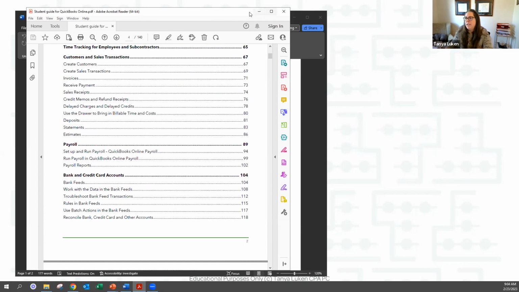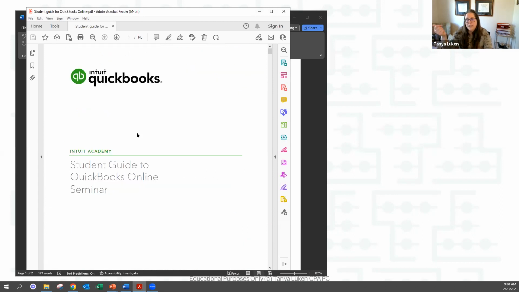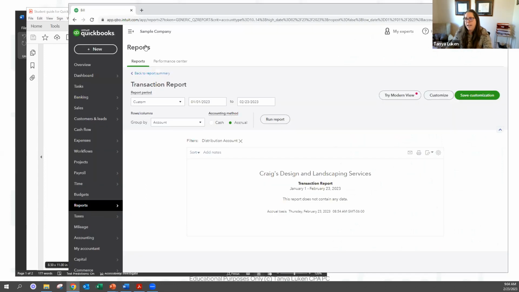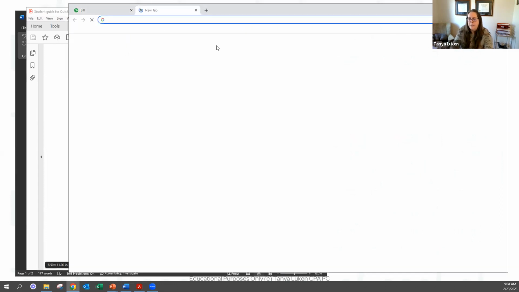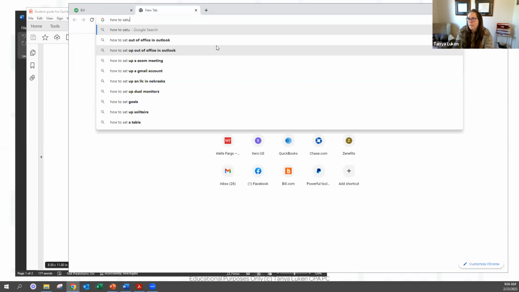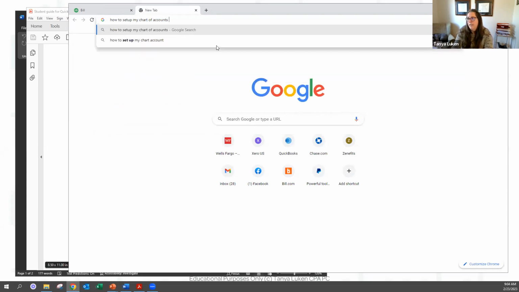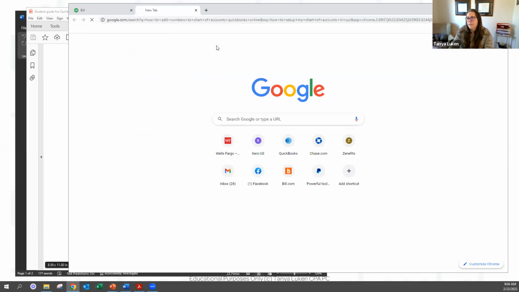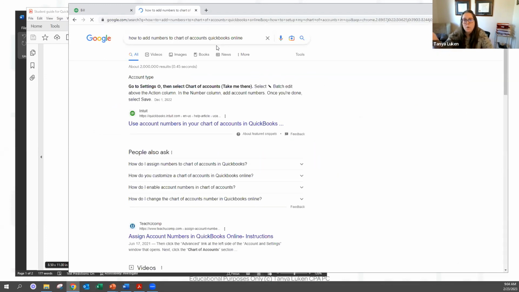The other thing is I don't think Intuit has spent a lot of time updating the guide. So remember what I said yesterday: if you want to know how to do something in QuickBooks, you just Google it, just like you would ask a question to a normal human, and usually 9 times out of 10 it'll give you the answer.